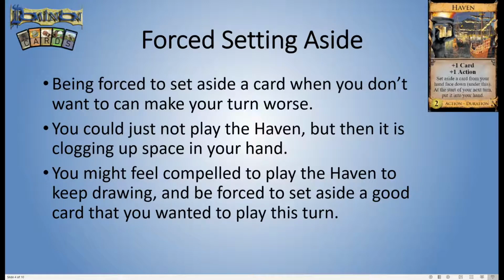So you say, okay, I'm going to draw a card and play the Haven. And you draw a Copper. Well, now your hand contains exactly 8, but you must set one of those cards aside. And so you still don't get to hit 8 this turn. Now, if you'd just never bought the Haven in the first place, you would have just had that 8-card hand